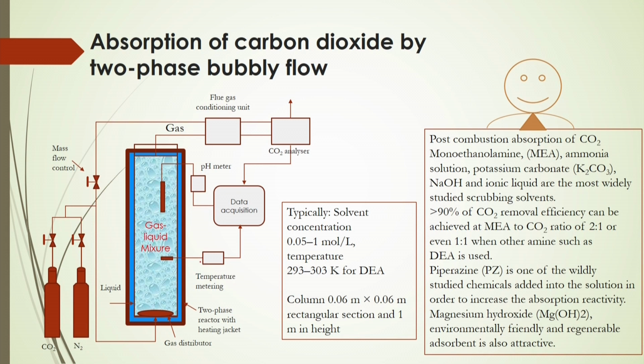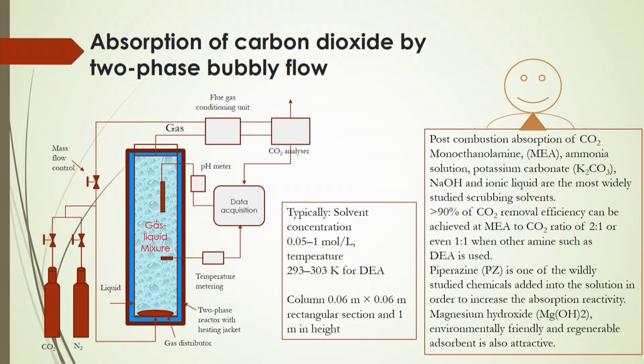You will see there will be carbon dioxide gas molecules on the surface of the bubbles or interfaces. Then what is the concentration there at the interface, and what is the concentration of carbon dioxide molecules or gas in the bulk liquid or in the solvent initially? So, if there is a concentration gradient, there will be a driving force for transferring molecules from the carbon dioxide gas bubbles to the liquid, and this concentration difference will give you the efficiency of that